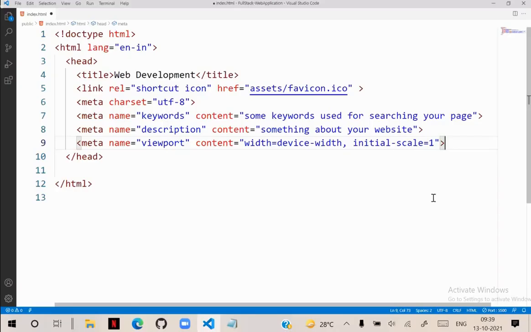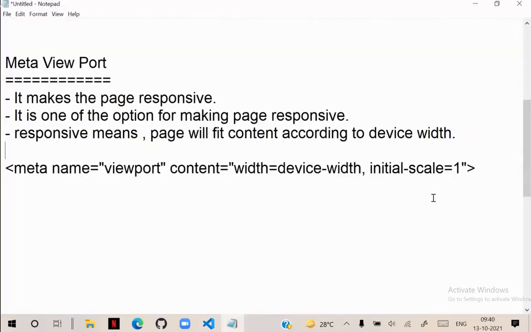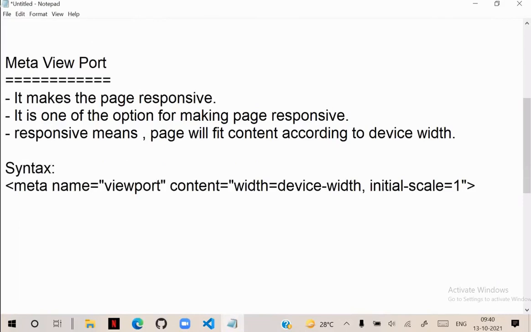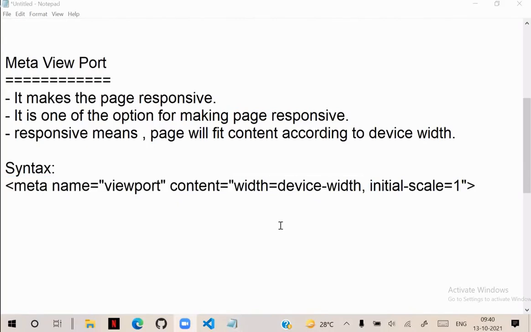That means this is the option used for making the content a little responsive. So syntactically, you have to write in this way: meta name is viewport, and meta content. In the meta content, width is equal to device width, and initial scale is equal to 1. What is this? Width is equal to device width means it will fit the content